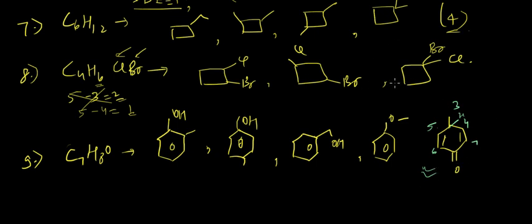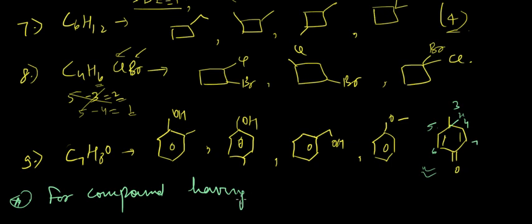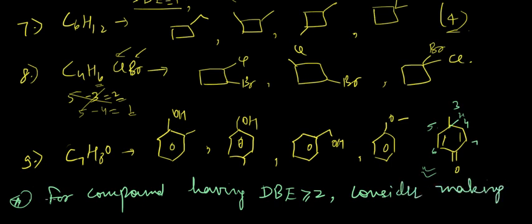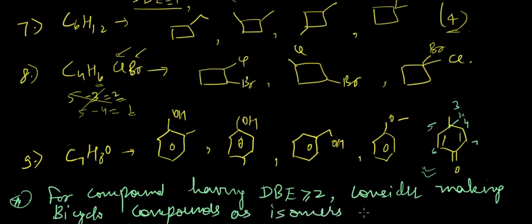Okay, so just an important note I want to make here is that for compounds having dBE greater than or equal to 2, consider making bicyclo compounds as isomers as well. Okay,